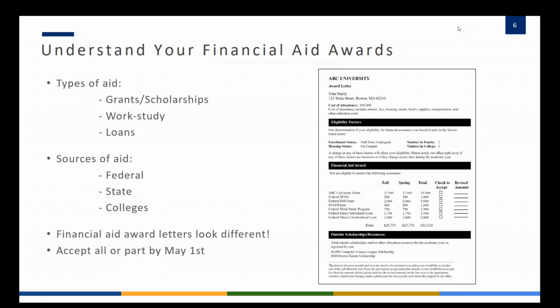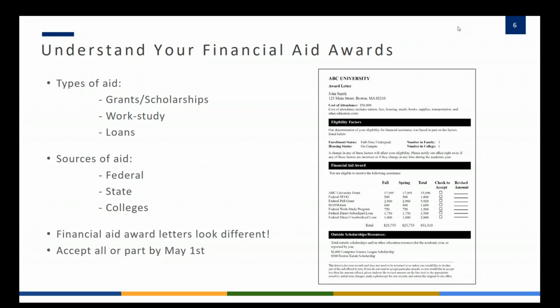This can create a lot of confusion for families because they see the PLUS loan on an award and they think, geez, I got all this money and I have a great award from the school, but that PLUS loan could be a very large dollar amount and it's not actually financial aid. So it can be a little deceiving and it can make the award look a lot better than it actually is.